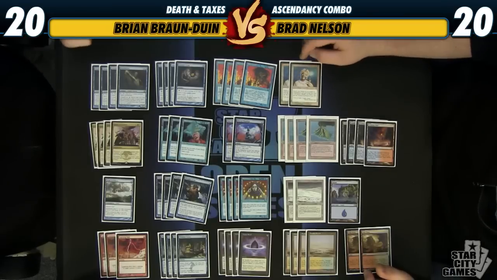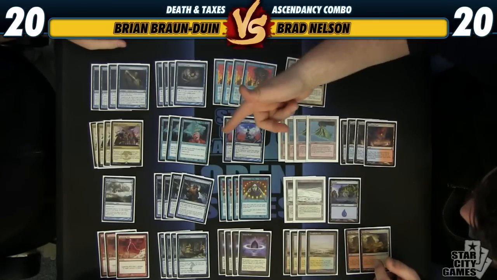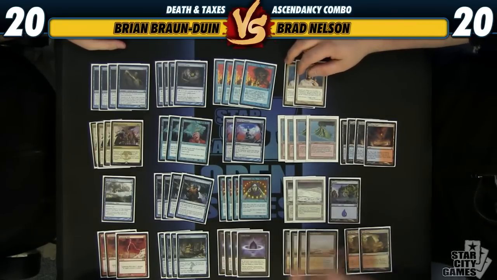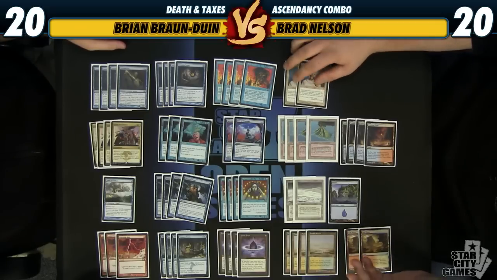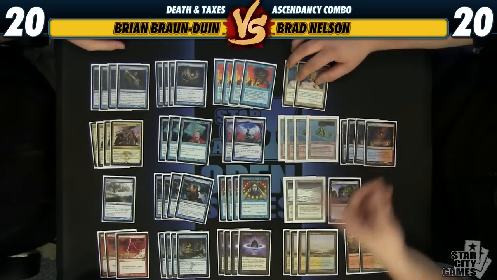Okay. The 2 Enlightened Tutors help not only find the Ascendancy, but Wings Zendikon. But also, I've even tutored for Lotus Petal to combo the next turn because I had it, but I needed the extra mana. Now, this is a great 4th mana, so when you go Fate Stitcher, so what you can do is if